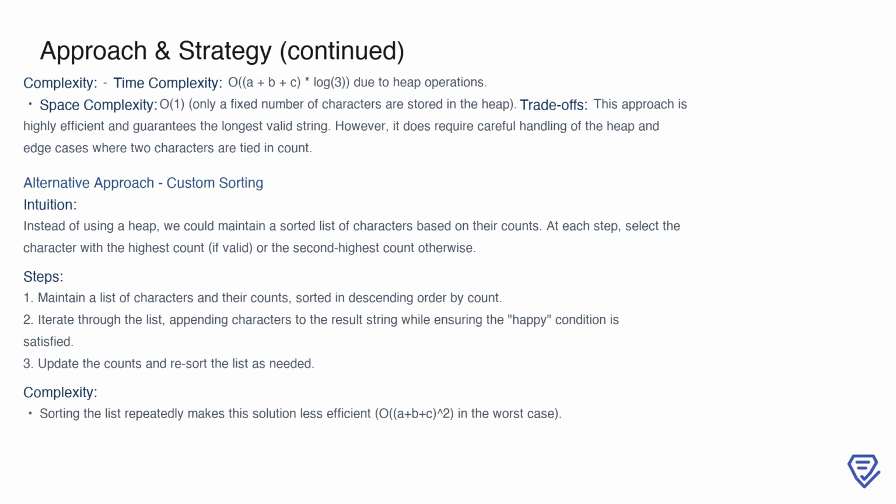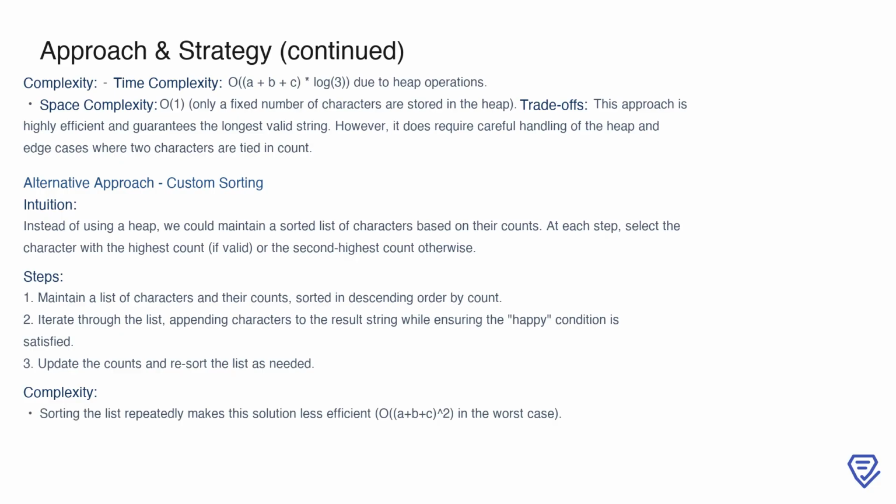Analyzing the greedy approach, its time complexity is O(A plus B plus C) times log 3, because each operation on the heap involves a logarithmic cost, and we perform one operation per character in the final string. The space complexity is O(1), as the heap only stores the counts of 3 characters at most. This makes the approach both highly efficient and optimal, ensuring the longest valid string is generated while adhering to the rules. However, the trade-off is that it requires careful handling of the heap in specific edge cases where 2 characters